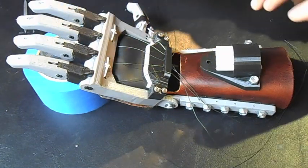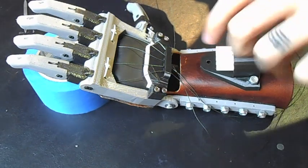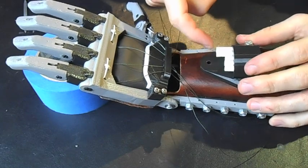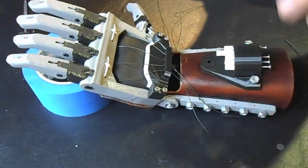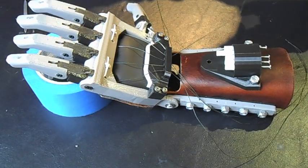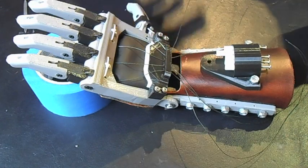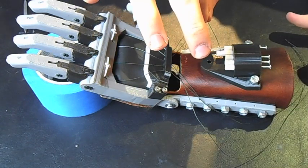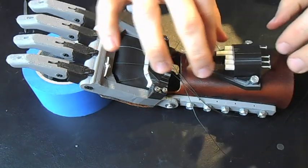Alright, so next I'm going to attach the finger cables to their anchoring points on the tensioning block. So I'll just push some of these out of the way here. I'm going to start with the index finger, and then basically tie the others so that the tension is similar to that one. That'll also help me to figure out where to start with the thumb. So we're going to take our fishing line and go through